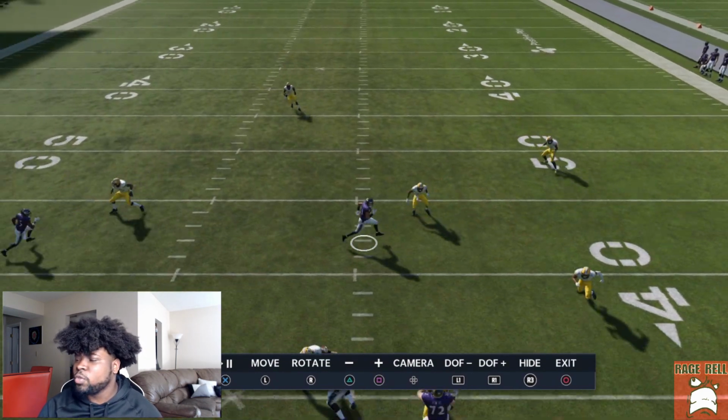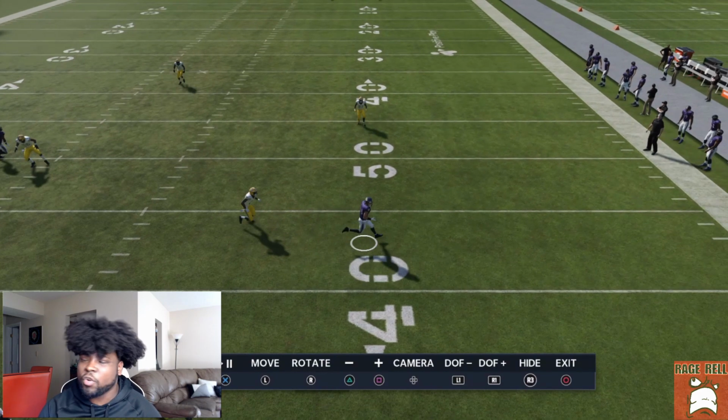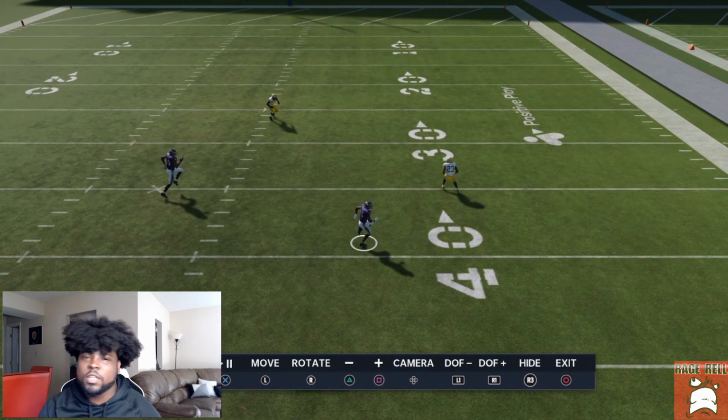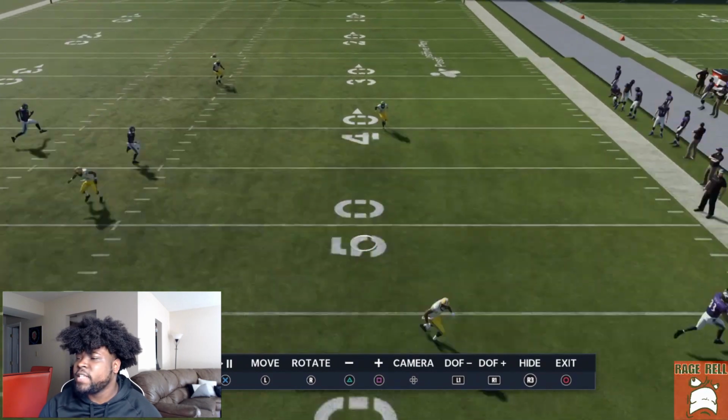So if the user, 9 times out of 10, the user will never guard this right here. They'll probably have some zone defender right there. And this is going to be the route that they're going to want to guard right here. Because if they do not guard this, you're going to be able to throw this pass. I know it looks like I can't, but all I have to do is stop right here. You see, all I have to do is stop right here, set my feet, and then I'll be able to